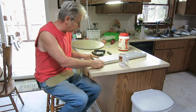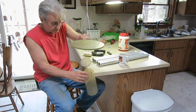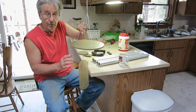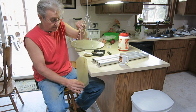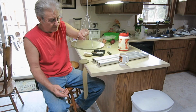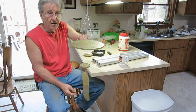So basically what I normally do is line these up at the bottom, and I put my clapper way down here. Depending on how long this is, the farther down you go, the easier it is for the wind to move. The higher it is, the harder it is for the wind to move. Also, the bigger this is, the more sail area you've got, the more it'll move. So this one basically moves most of the time when there's a storm coming. It takes about a 5 to 10 mile-an-hour wind to do it. I didn't want it to ring all the time because it would drive me nuts. So when they ring, they give you a warning